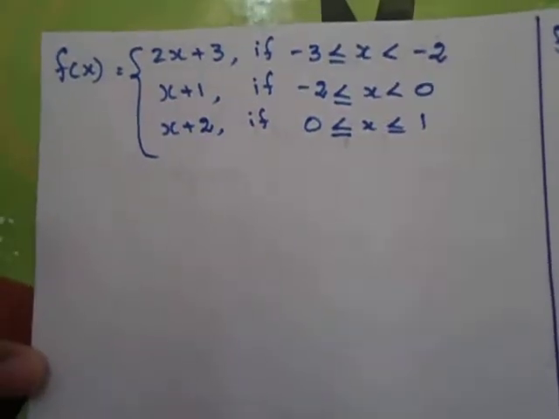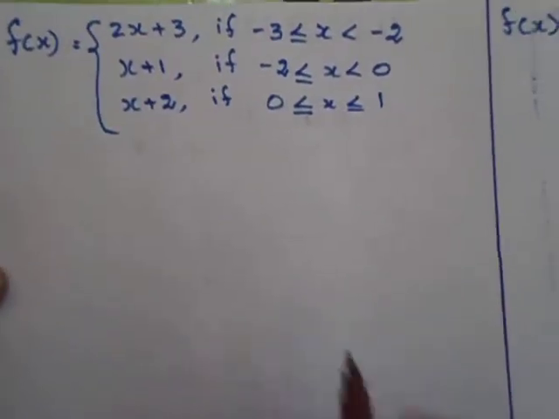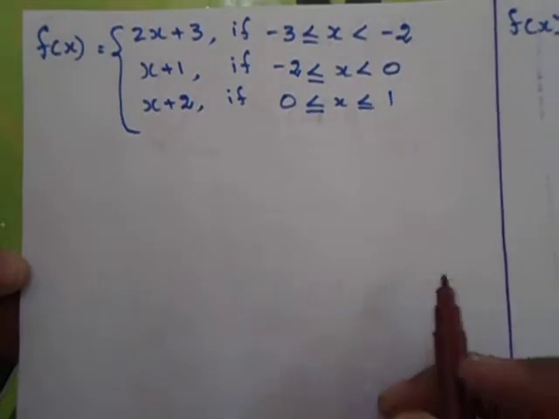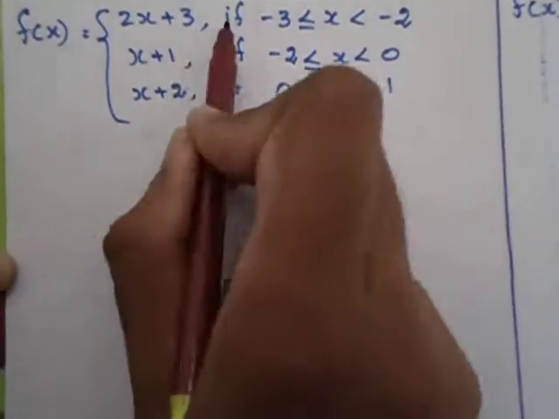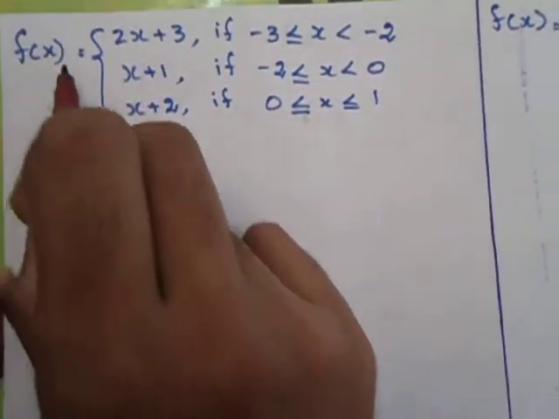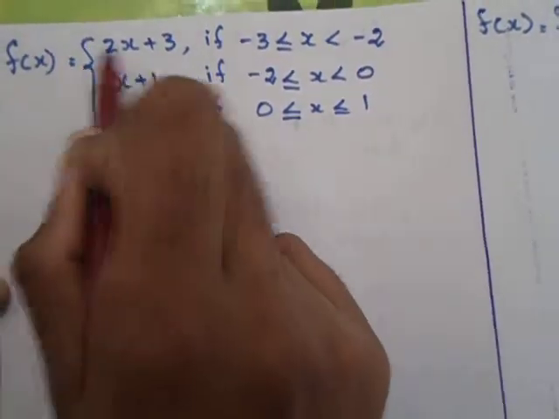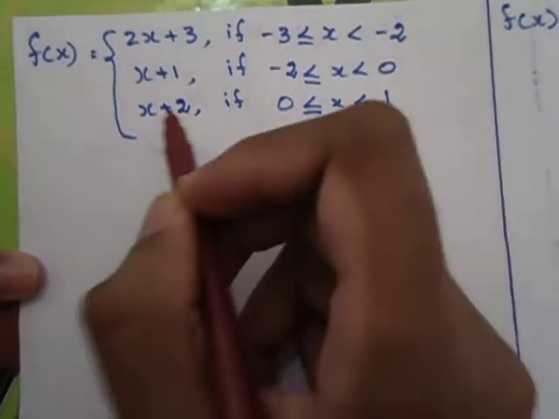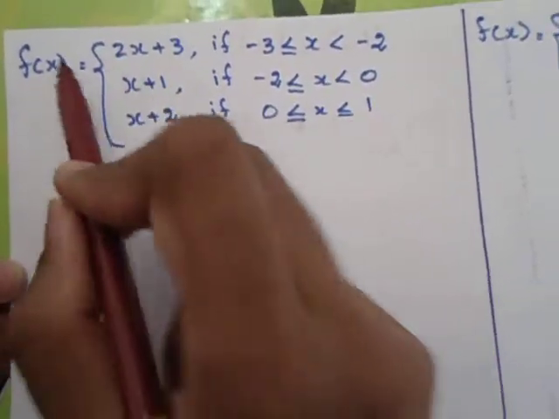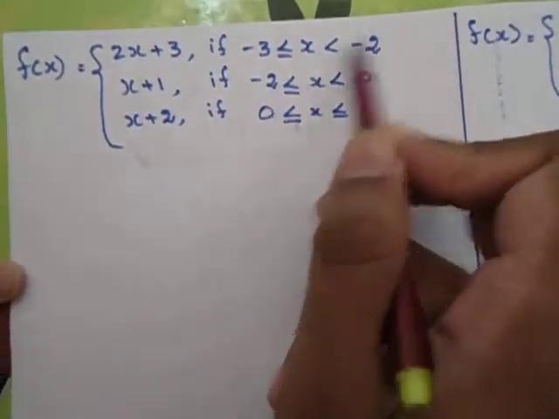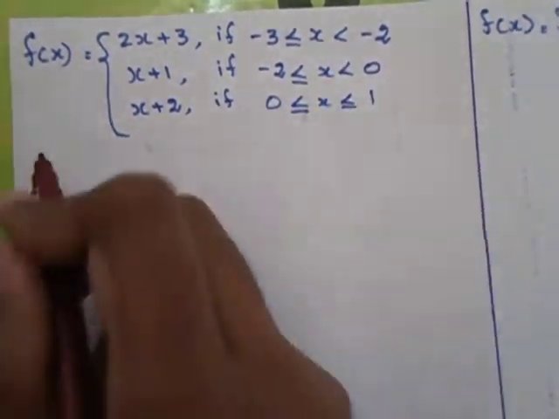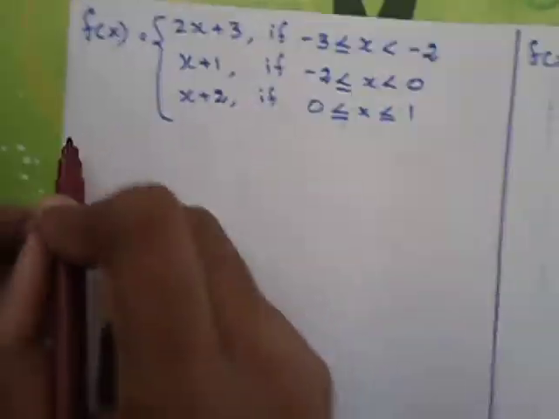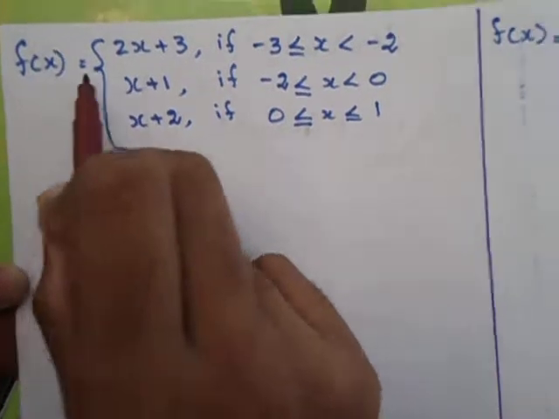Hey guys, in this video I shall discuss more problems on differentiability. In this question they have given the function f of x as this and this in these intervals. So we have to check the differentiability of this function at -2 and 0. So let's do the left derivative at